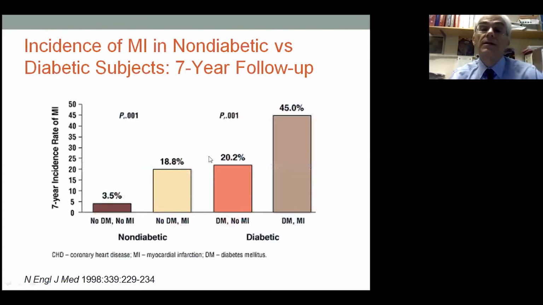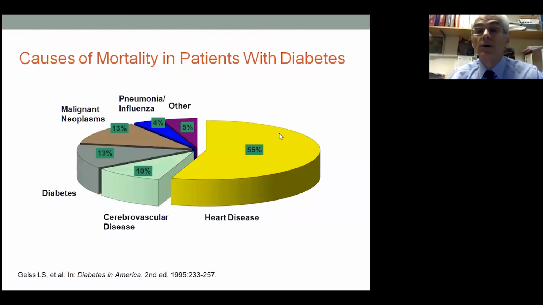And when we look at the incidence of acute myocardial infarction in patients with diabetes versus patients without diabetes, these are data from Finland. The risk with having a prior MI is much higher than in the non-diabetic, 5-fold or higher, and in the patient that had a prior MI, the risk of developing another heart attack is much higher. And so we know that most patients with diabetes, 55% of them, die of heart disease, and another 10% of cerebrovascular disease. So large vessel disease is responsible for a large percentage of that.